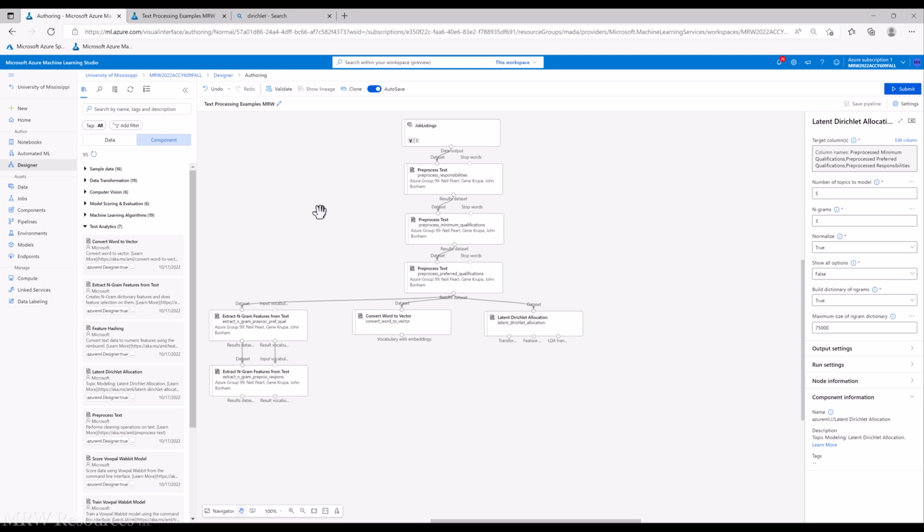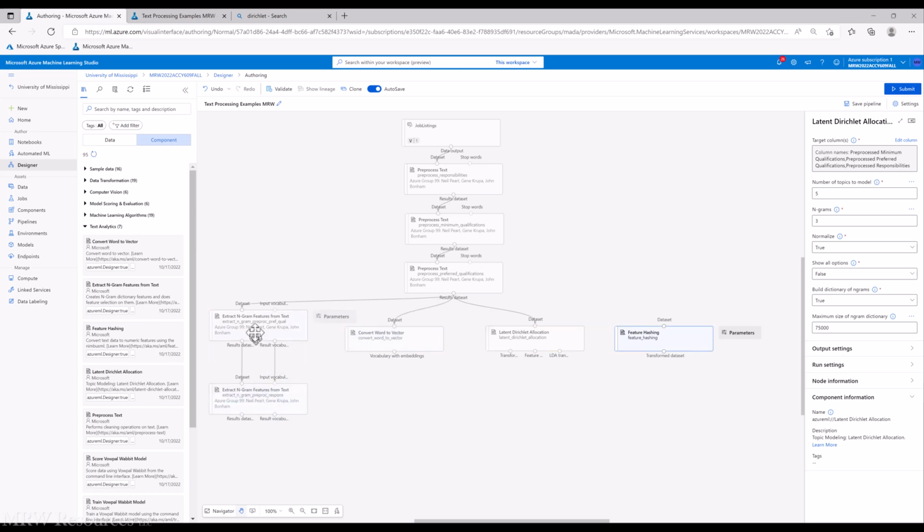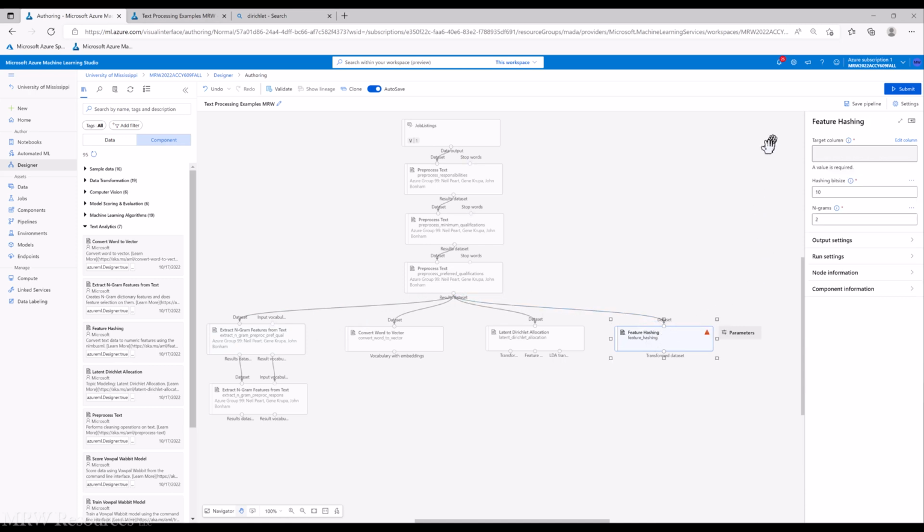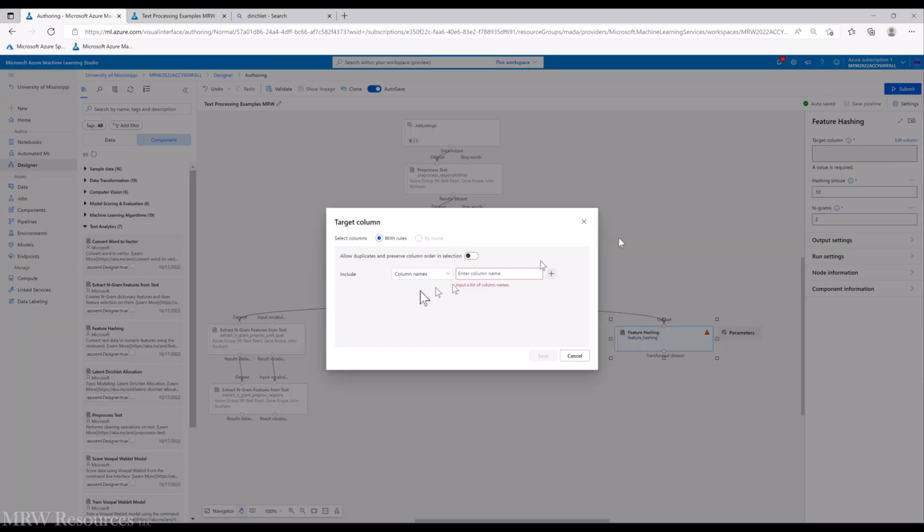All right, our next tool that we would like to work with is called feature hashing. So let's take a look at that one. I'll bring that into our workflow. I'm going to move things down just a little bit. So feature hashing